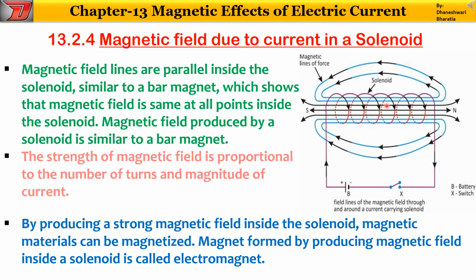राइट, और उस मैग्नेट को क्या बोलेंगे हम, इलेक्ट्रोमैग्नेट, which is also known as a temporary magnet. Why temporary magnet? क्योंकि जब तक सांस चलेगी यानी जब तक करंट चलेगा तब तक मैग्नेटिक पावर क्रिएट होगा, मैग्नेटिज्म क्रिएट होगा, मैग्नेटिक इफेक्ट यहाँ पे क्रिएट होगा, यानी इसके अंदर जो चीज़ रहेगी it will act as the magnet, right? So a magnet formed by producing a magnetic field inside a solenoid is called an electromagnet. Please remember this, right? And hopefully both the things are clear to you.